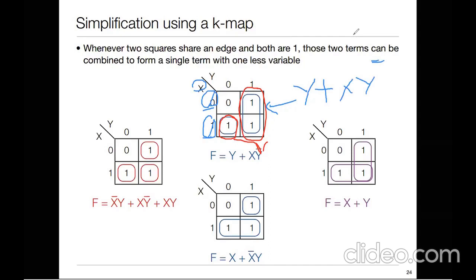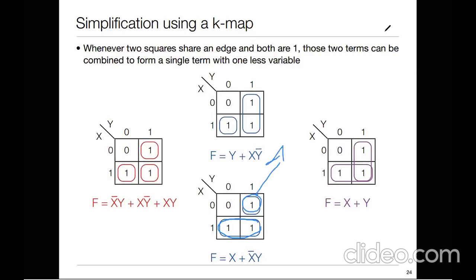Now, your next question may be, why can't we group it the other way? So I've grouped it the other way around, and this I've retained as it is. So what will happen to this one? It will be equal to x bar y. But what about the pair? How will I simplify the pair?